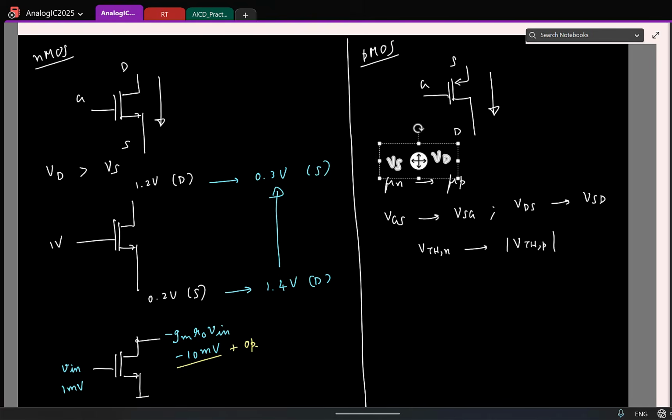Again, remember that a PMOS transistor is also a non-linear device, which means for small signals, it will again behave like a voltage controlled current source in parallel with a resistor. Y22 will not be exactly 0, so a small resistance might be there. Sorry, a large resistance might be there. But a PMOS transistor responds by pumping in a current from source to drain in response to source to gate voltage. So if I draw gate, drain and source,